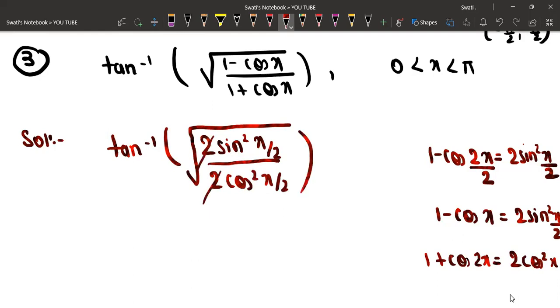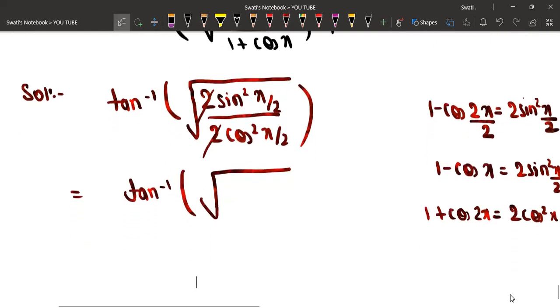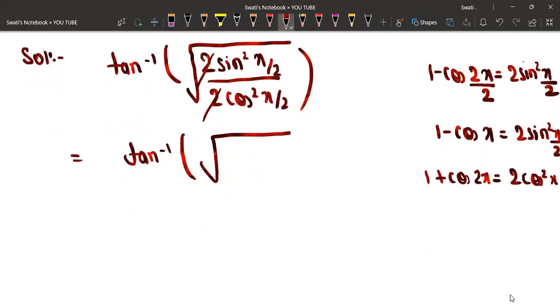Now clearly the root will get cancelled. So I'm getting tan inverse. Inside the root, I have sine square x by 2 upon cos square x by 2. We all know that sine theta upon cos theta